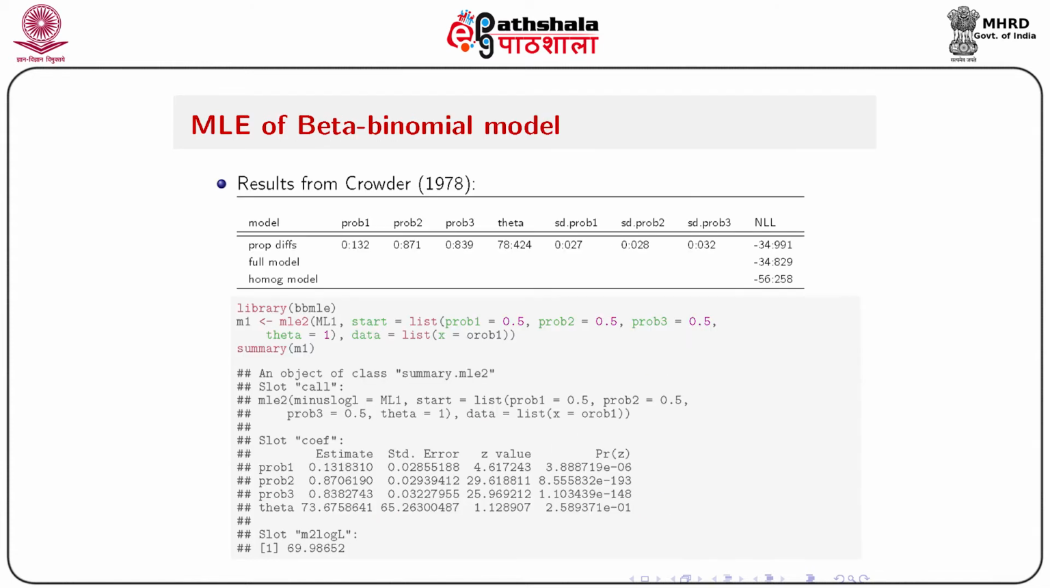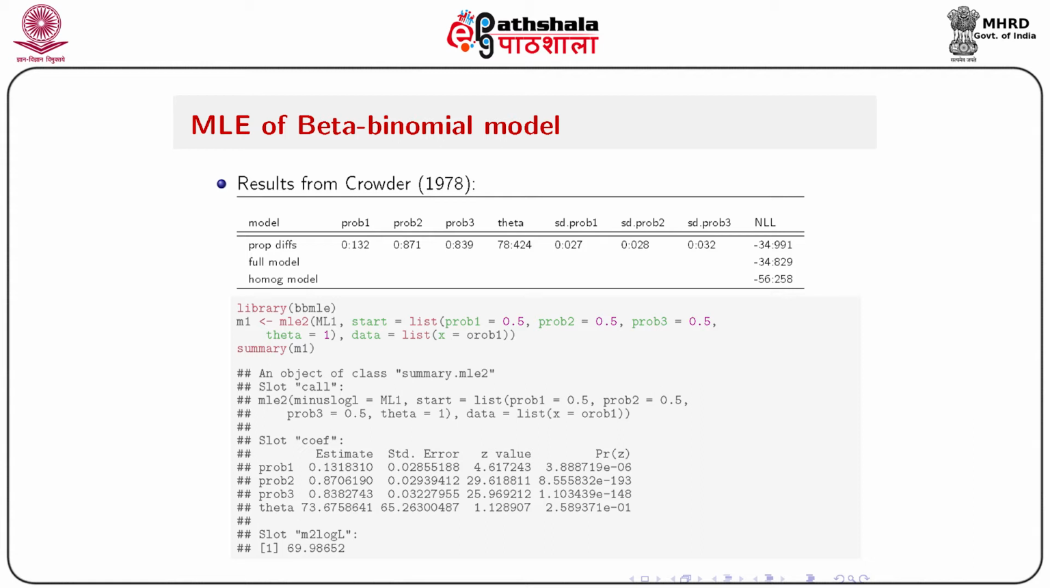So results from Crowder 1978 are given here: prob1 to prob3, theta, the standard deviations of prob1, prob2, prob3, and NLL, the negative log likelihood, for the full model and the homogeneous model. And now we'll fit that with the mle2 function: load library bbmle, and then bbmle M1 equals mle2(ML1